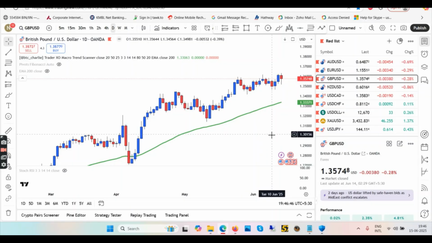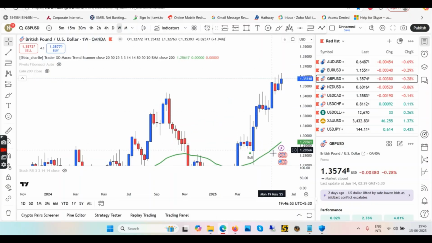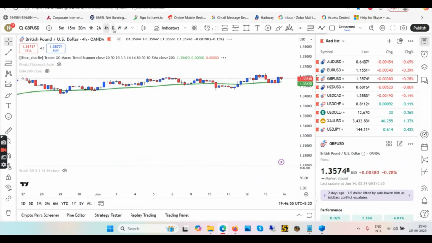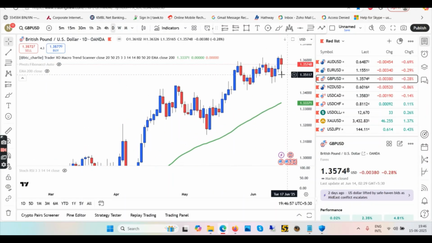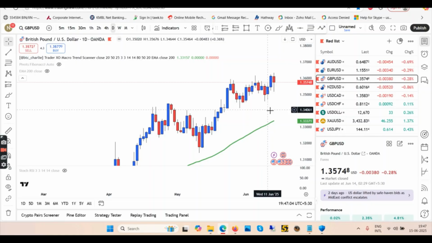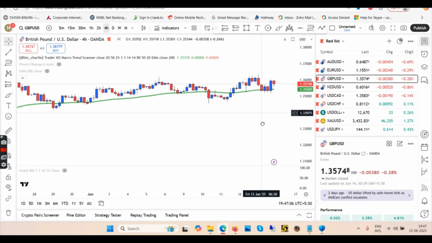Coming back to the chart here, we're doing a top down approach. We're starting with the weekly chart. We are in the uptrend in weekly. Coming back to daily here, in daily we have made a new high, then a pullback. Probably Friday was the pullback, then we will continue going up. More clarity will come from the 4 hour.